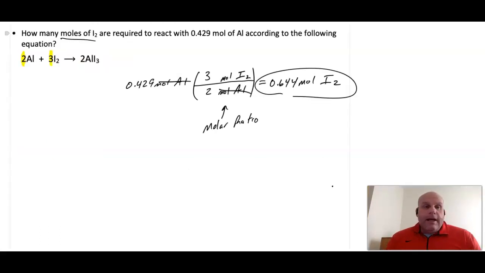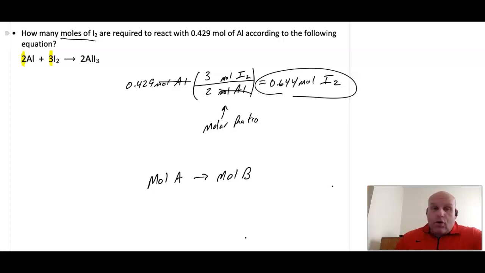As I said a moment ago, the bulk of the work that we can do in this section is work we've already done. This molar ratio step or stoichiometric relationship is the only new step in the process. So if we think about what we already know, our only new step here is converting moles of one substance to moles of another substance. But if we think back to our roadmap that we did earlier regarding the mole,